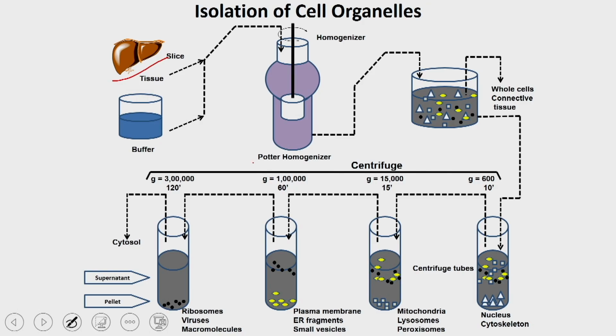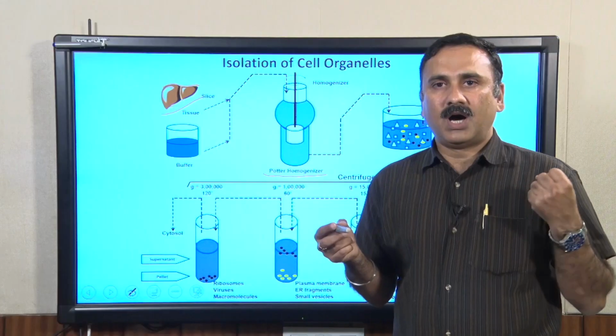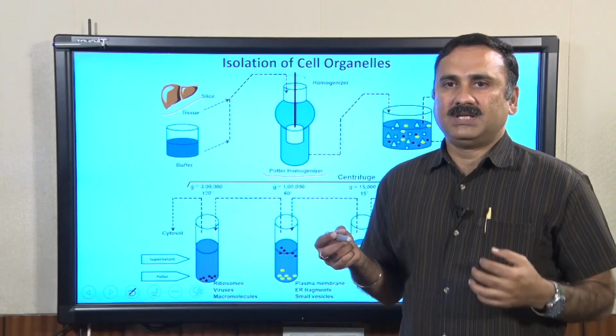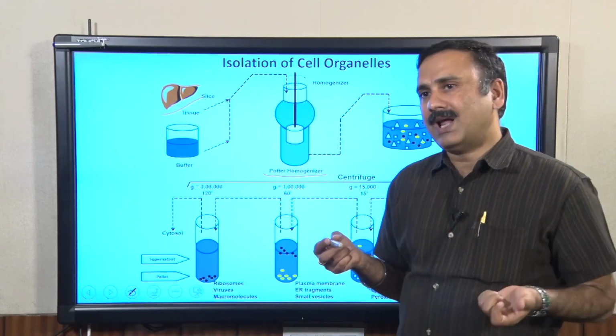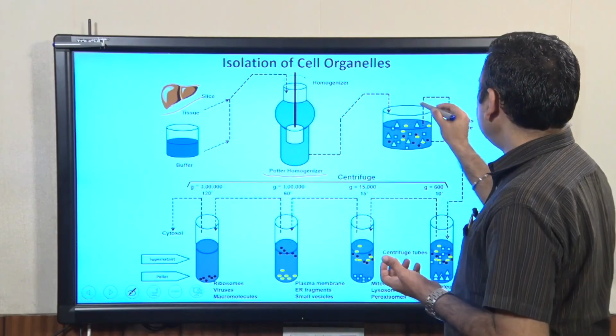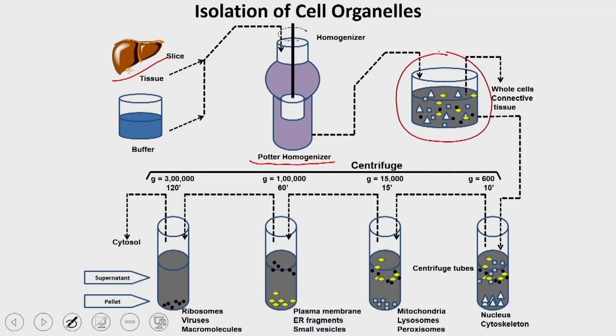As the first step you do the homogenization, which will break down the organ and give you the individual cells. If you do further homogenization, the individual cells will be broken down and give you a combination of organelles present in your vessel, and these different organelles can be separated. First you spin down at a very low speed,